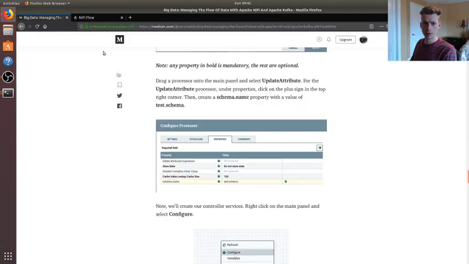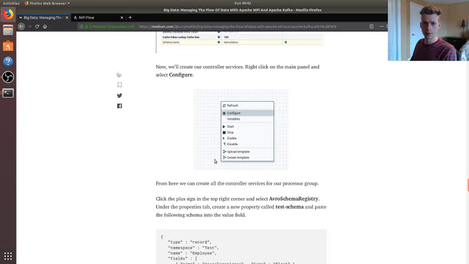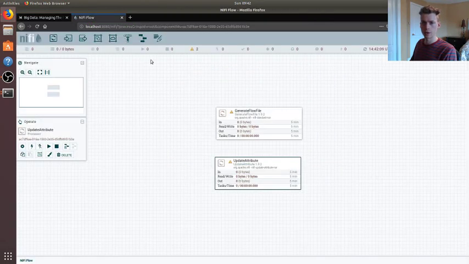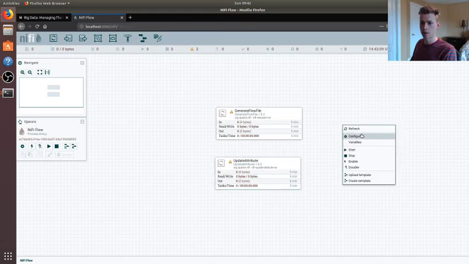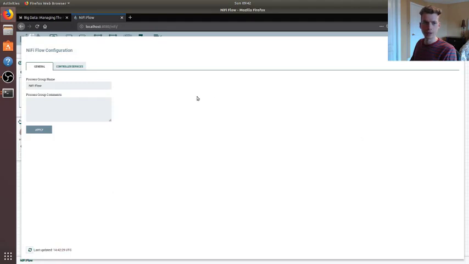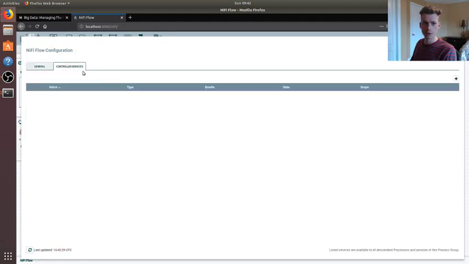So the next thing we're going to want to do is create our controller services. The controller services are going to be available to all the processors in our process group. And I know I didn't create a process group, but this is kind of like the default process group. Anyways, so you hit configure right here, and then under the controller services tab, we're going to hit the plus,